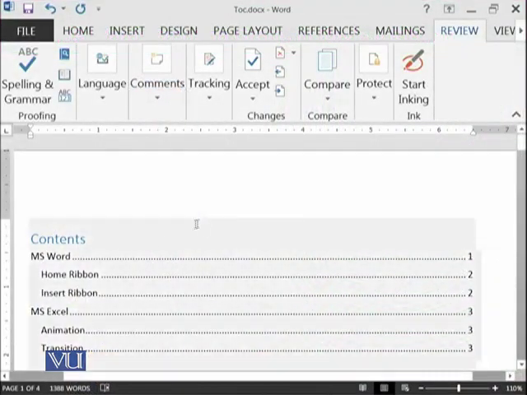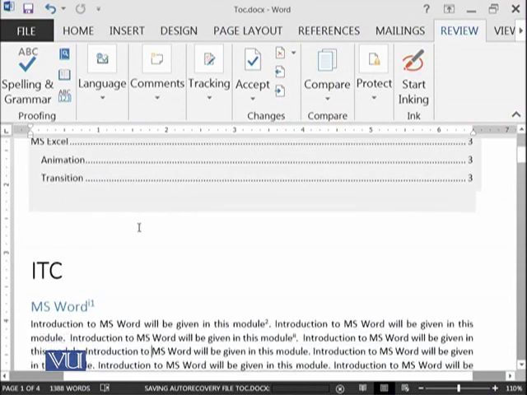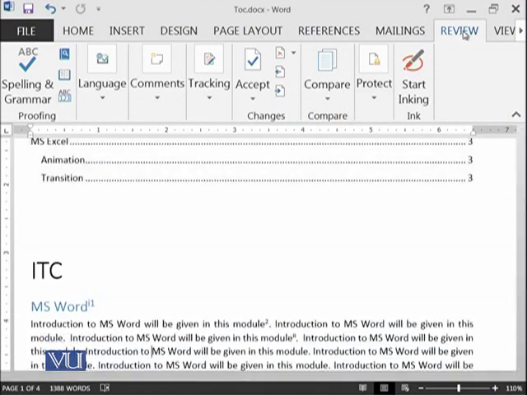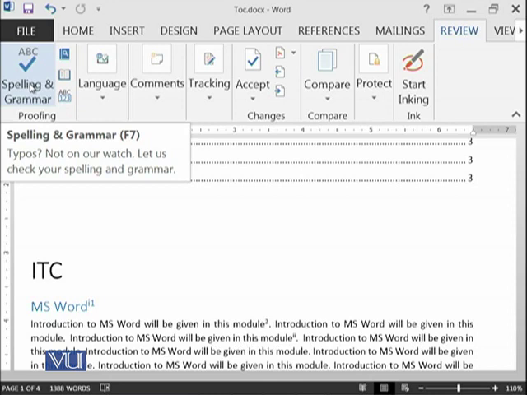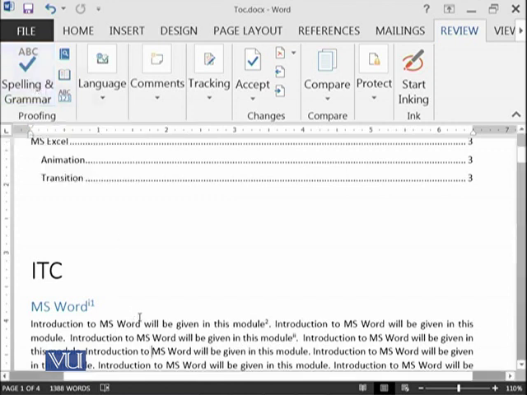So we have the same document on which we were working previously. So let's go to the Review ribbon. And here is the proofing ribbon available. So you can check the spellings and grammar of your document. So Microsoft Word has a very innovative solution to check the grammar and spelling to some extent of your documents. So if you make very basic mistakes, Microsoft Word can tell you that it looks like there is a